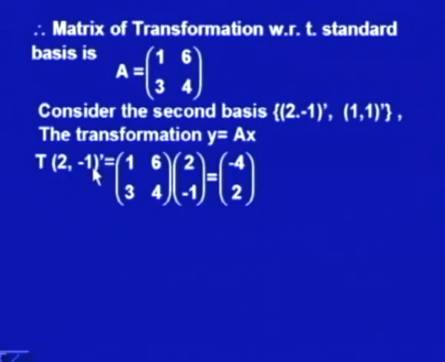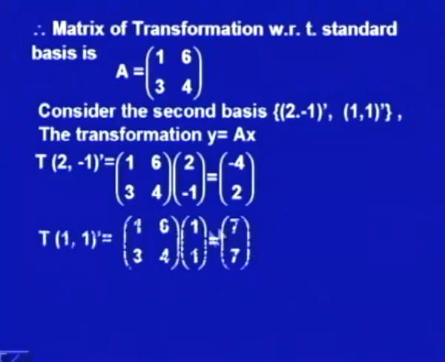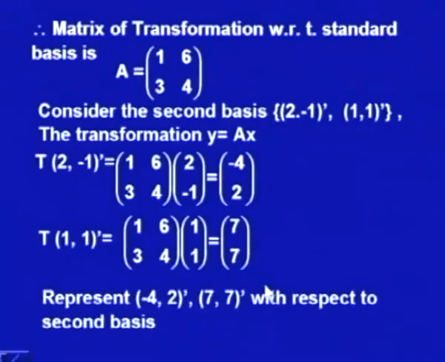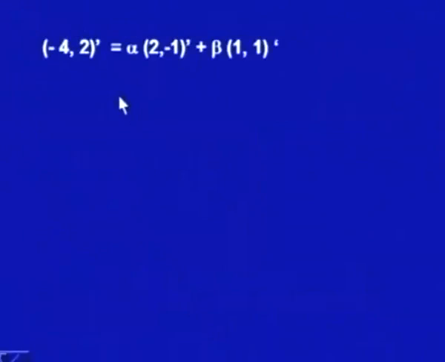So, T(2,0) will become (4, -2). Similarly, T(1,1) can be expressed as this matrix A multiplied by (1,1), and that gives me (7,7). So, the representation of (-4,2) and (7,7) with respect to the second basis comes out to be a linear combination of this. So, (-4,2) is equal to alpha times the base vector (2,-1) plus